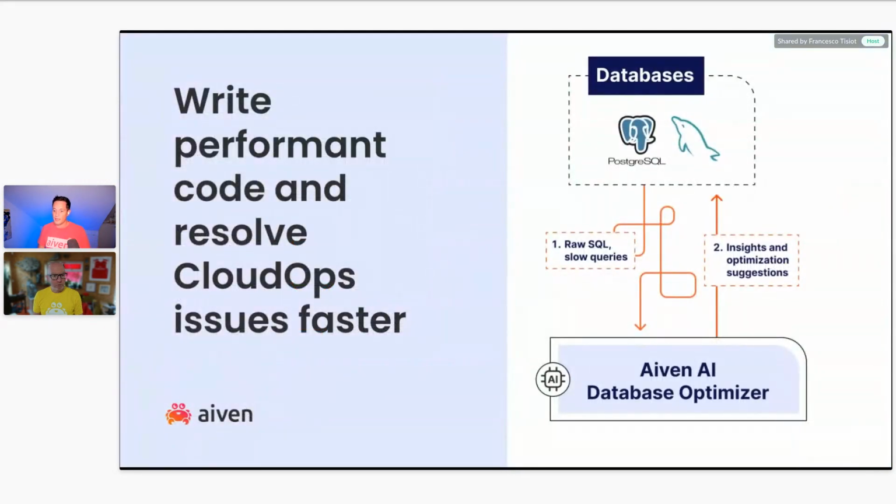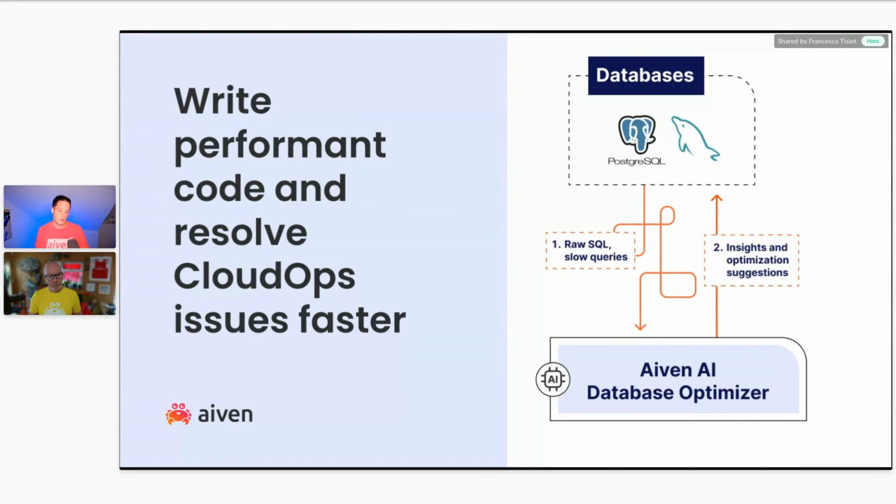The last bit is, what can we do inside the tooling that we have to give you a better experience? So in October, November, Aiven acquired a company called EverSQL. EverSQL is a leader in the database optimization space. It has been used already by more than 2 million developers or professionals to optimize their queries. And what we did is we embedded EverSQL in Aiven, and now we have a product called